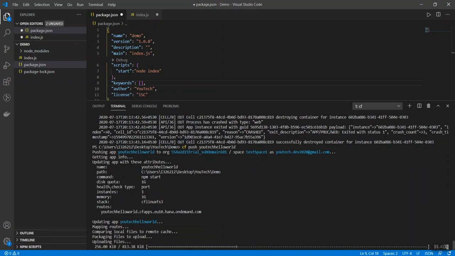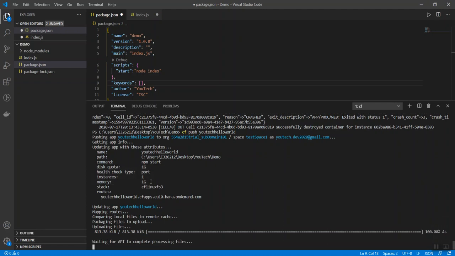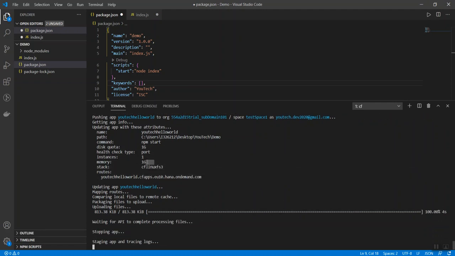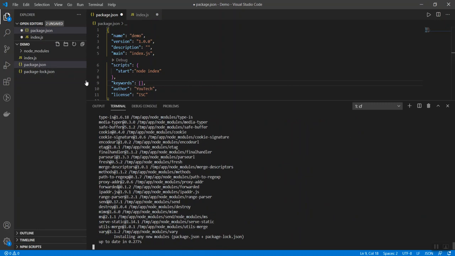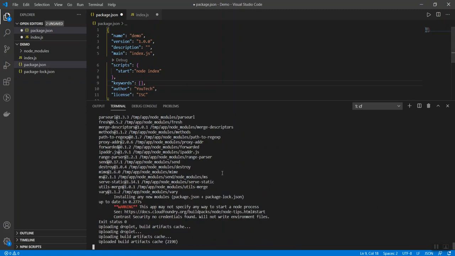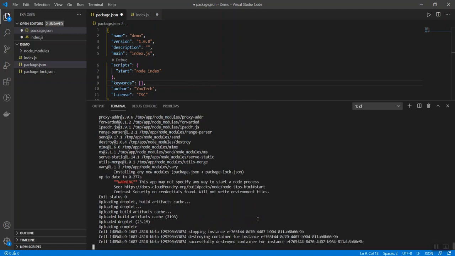You can notice here it's now taking a quota of 1 GB, occupying a memory size of 1 GB on the Cloud Foundry side as well. Obviously it is not good, because we are trying to deploy a small hello world application, but still it's taking 1 GB of space in Cloud Foundry. In the next video, I can probably walk through a few of the other basics as well. So let's deploy this app.